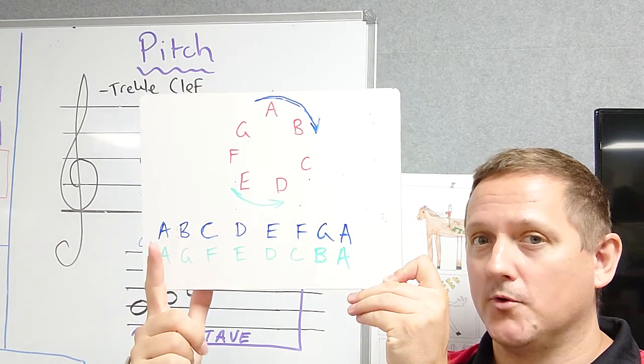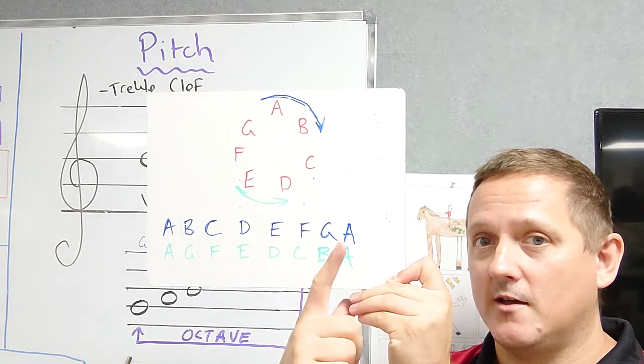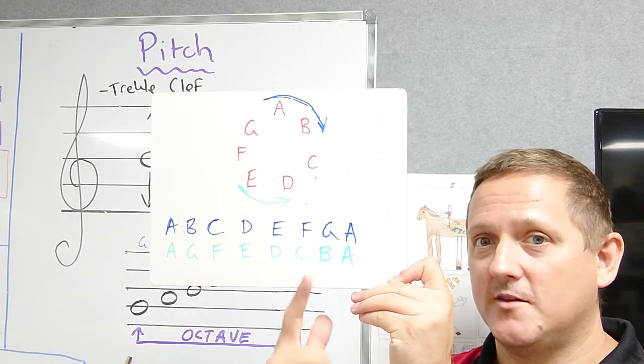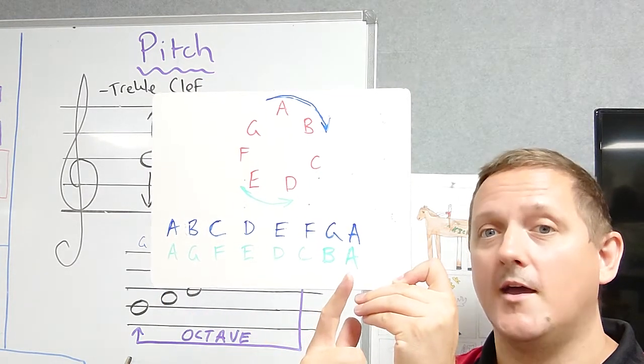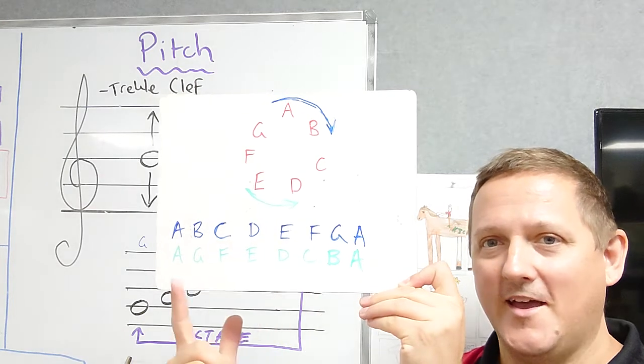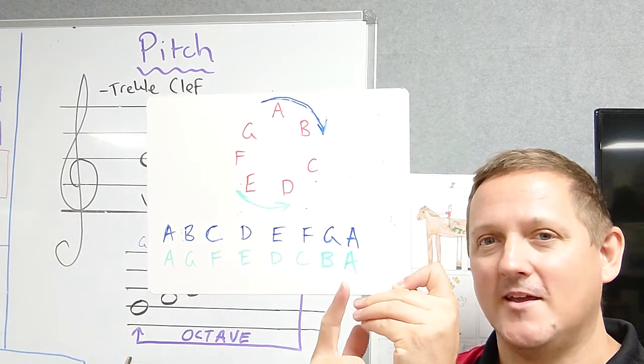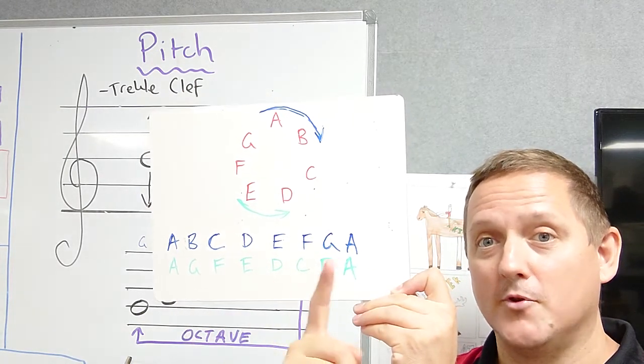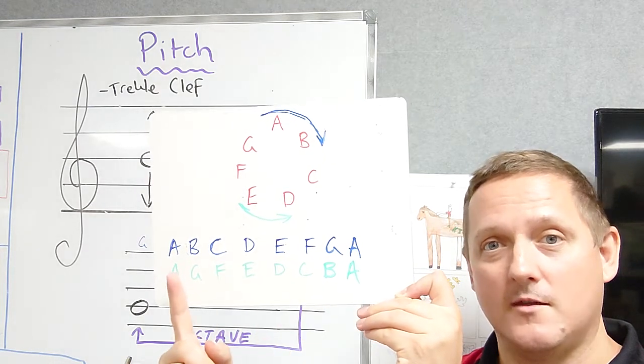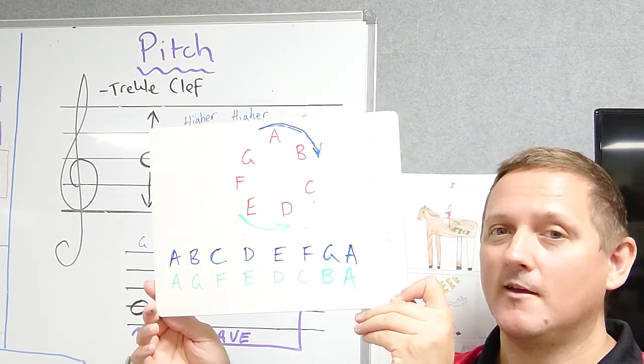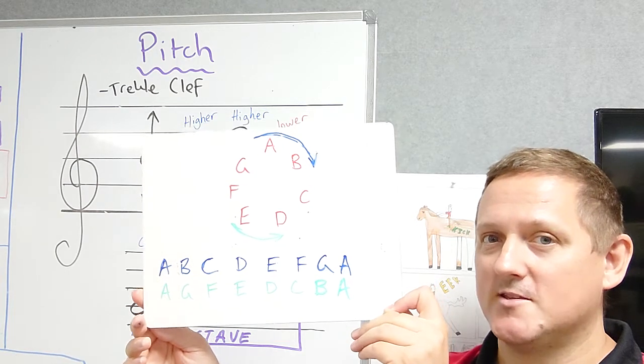So blue, A, B, C, D, E, F, G, A. And then green, A, B, C, D, E, F, G, A. Now backwards. A, G, F, E, D, C, B, A. Now backwards. A, B, C, D, E, F, G, A. Now blue backwards. A, G, F, E, D, C, B, A. It's a pretty cool trick to be able to count letters backwards actually, especially if you can do the whole